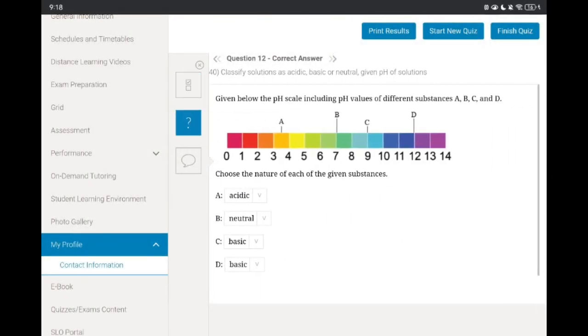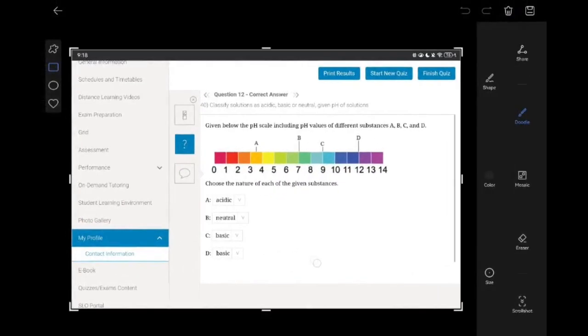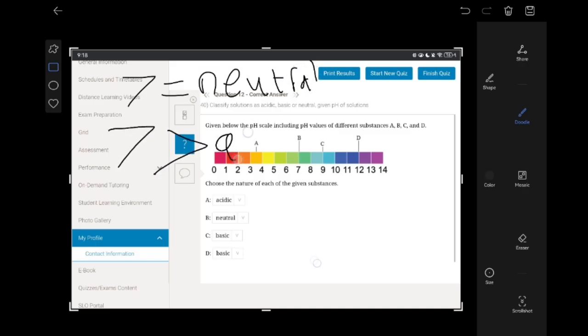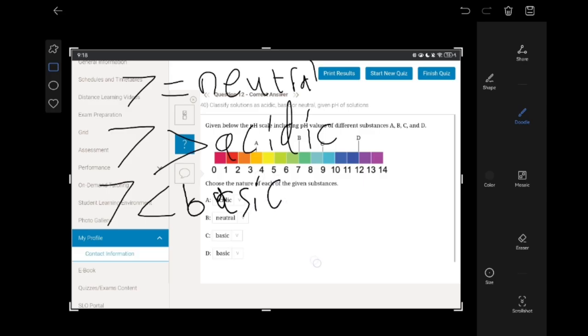So this is the main rule you have to remember about pH. Anything equal to 7 is neutral. Anything less than 7 is acidic, and anything more than 7 is basic. For example, 8 is basic, 8.5 is basic, 2 is acidic. So look here,